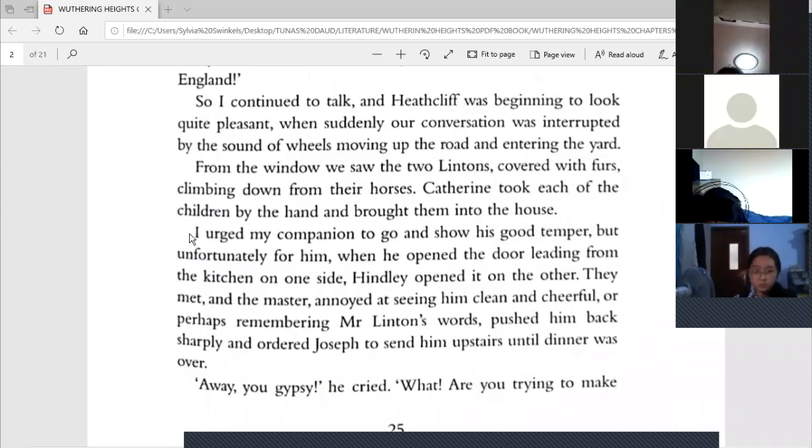I urged my companion to go and show his good temper. But unfortunately for him, when he opened the door leading from the kitchen on one side, Hindley opened it on the other. They met, and the master, annoyed at seeing him clean and cheerful, or perhaps remembering Mr. Linton's word, pushed him back sharply and ordered Joseph to send him upstairs until dinner was over. "Away, you gypsy," he cried. "What are you trying to make